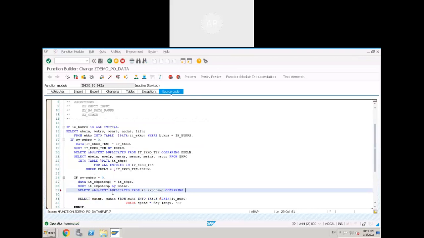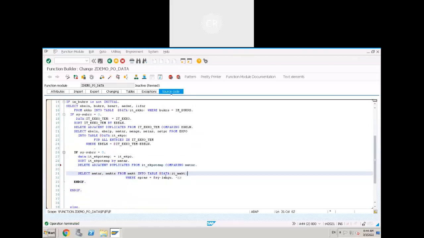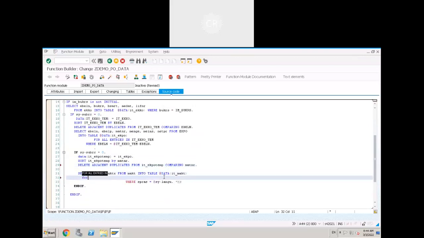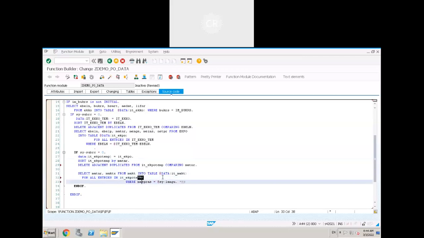MATNR. For all entries in the table of EKPO temporary, where MATNR equal to,